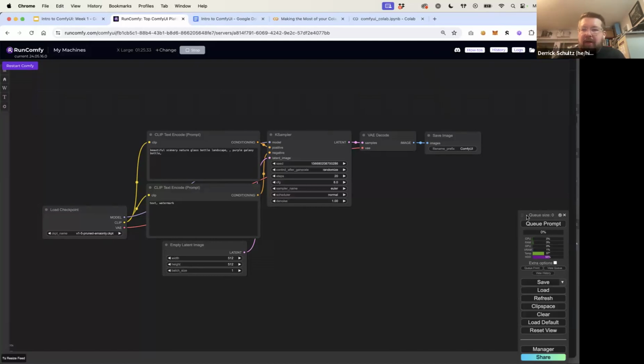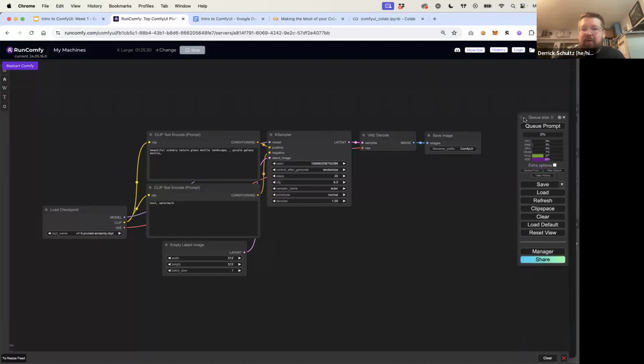Okay, so this thing down here is our little queuing system. I'll talk about queuing when we actually want to start to generate an image, but the only way to generate an image or to run this flow is to hit the button called queue prompt. Don't ask me why they say queue prompt and not start or run, but queue prompt is the name they decided on. You can actually go ahead and hit this once now. Actually, let's do this. Hit queue prompt, and you'll see it's going to take a little bit of time as it runs through this flow, but out of it, we will get an image. So queue prompt basically starts the workflow.